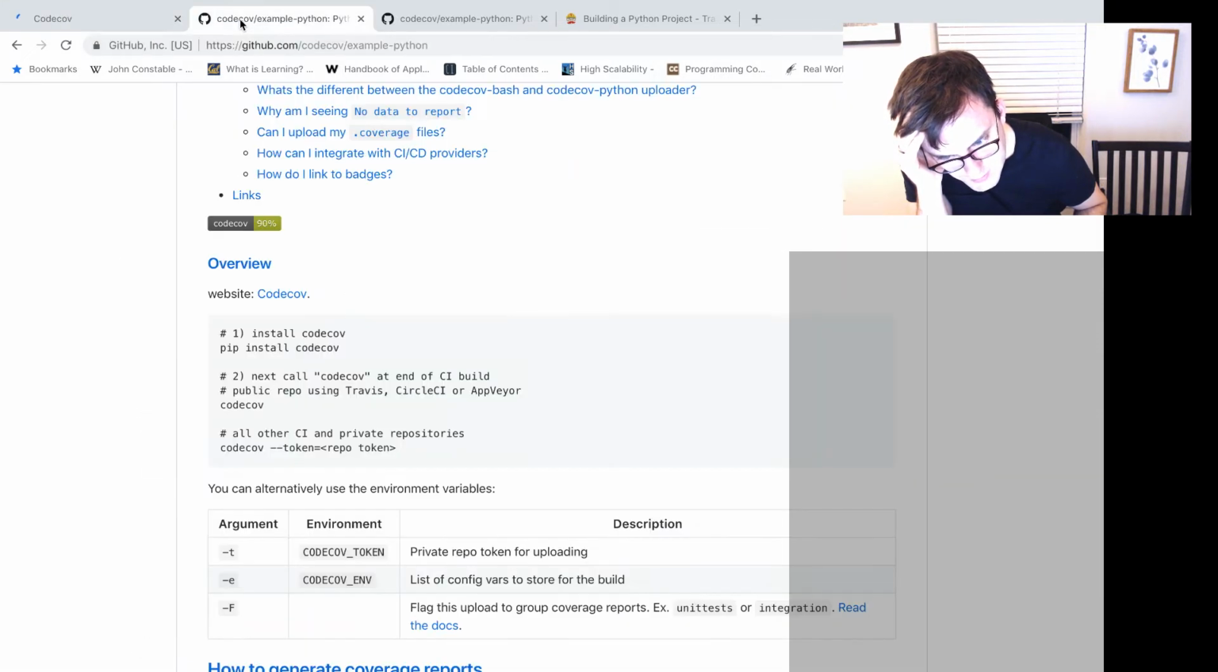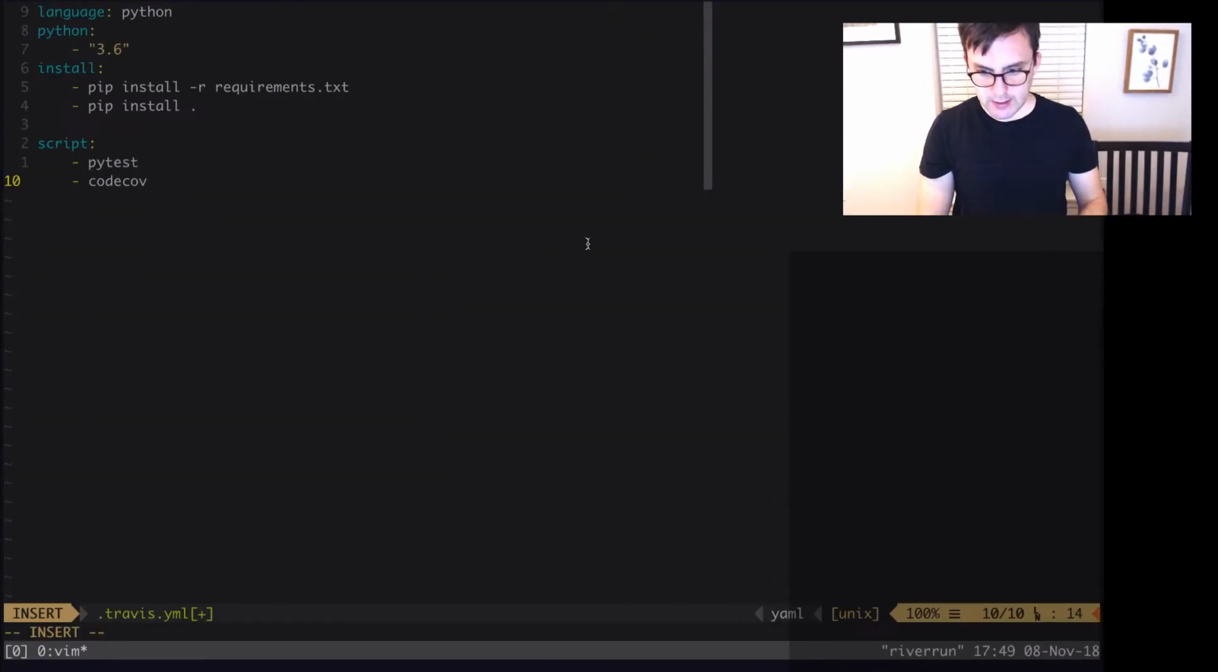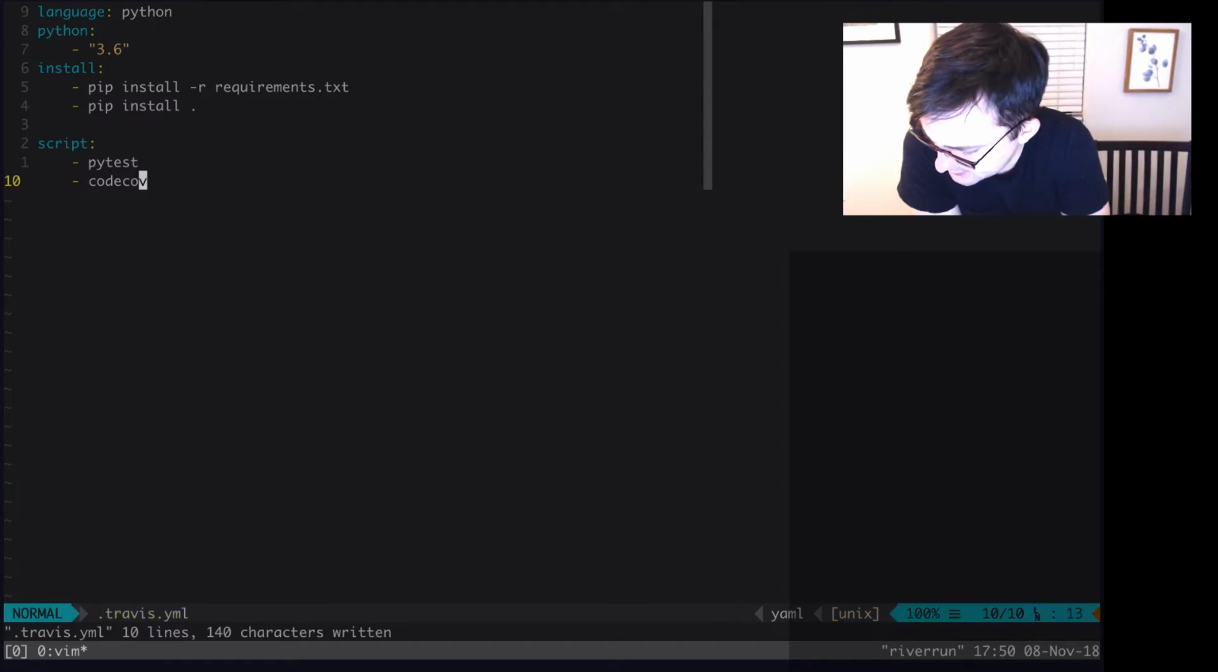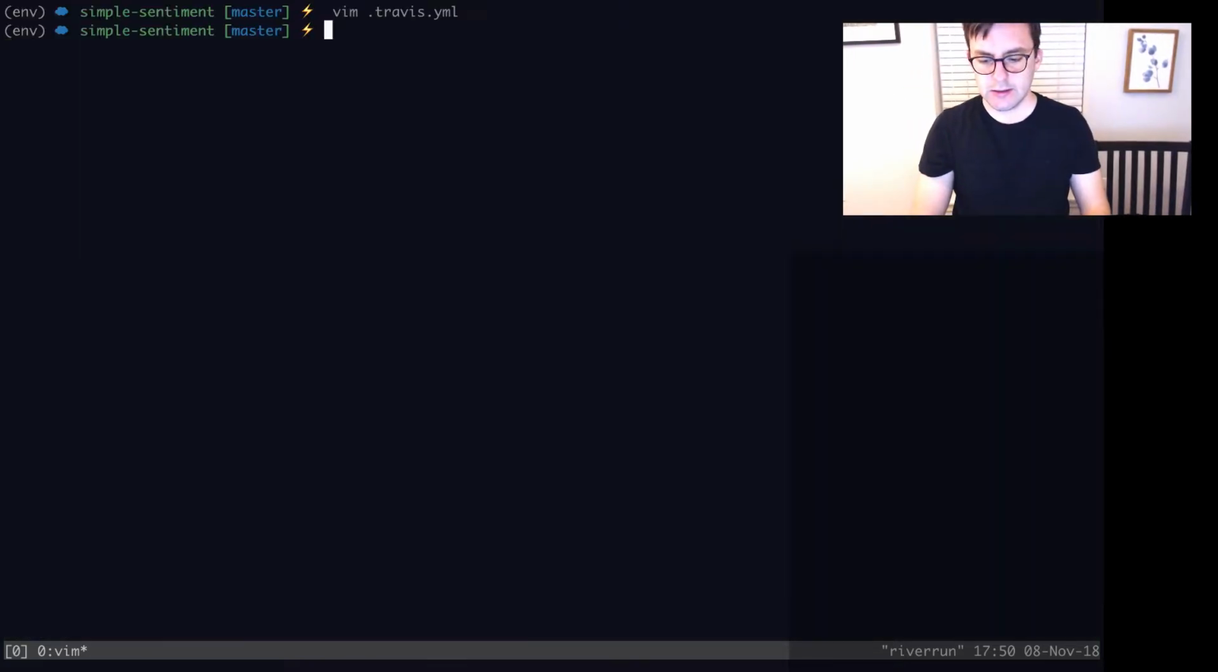So if we head back into the docs here, public repo using Travis, yeah, call Codecov at the end of the CI build. So let's just do that. Codecov, that's all we need to do, I think. So let's give this a shot. I'm going to go ahead and